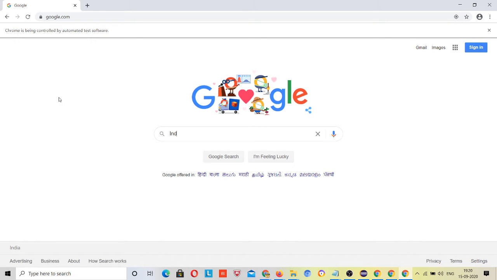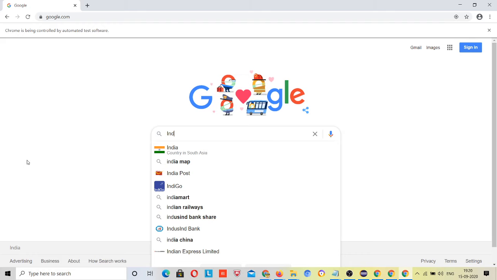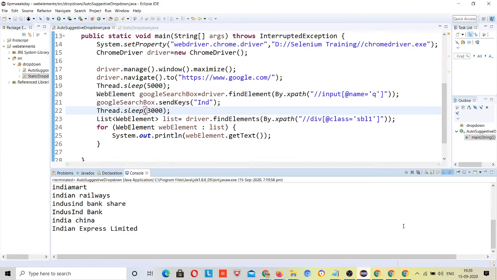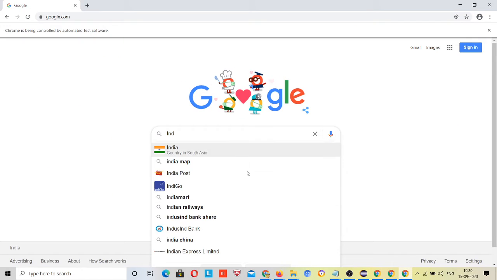It will wait for 5 seconds. Whatever results are here should be printed here.